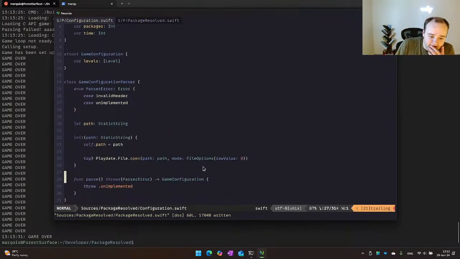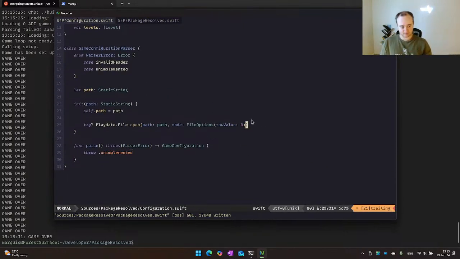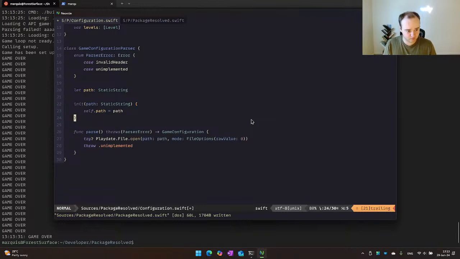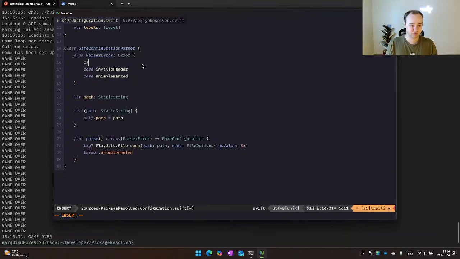So now we go back to the configuration. Case missing header.